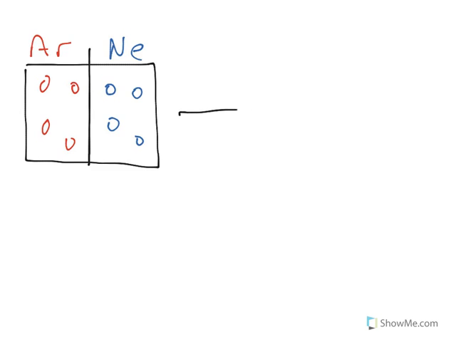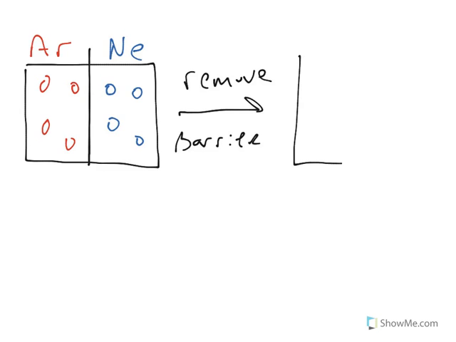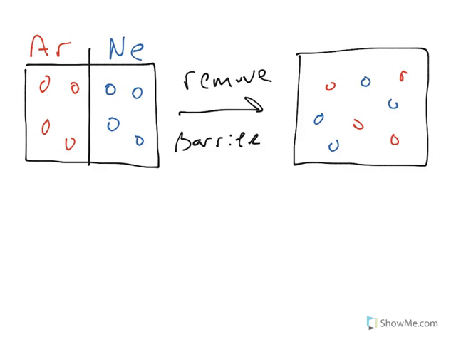It should be no surprise if we remove the barrier that the argon particles would spread out and the neon particles would also spread out. And if we left it long enough, we would have a uniform mixture that we would call a solution